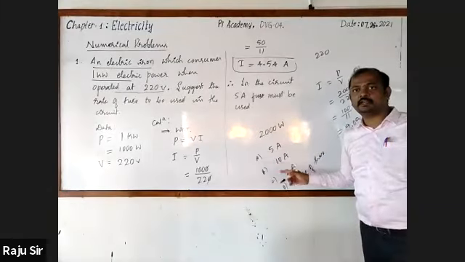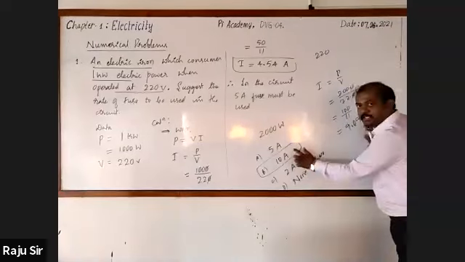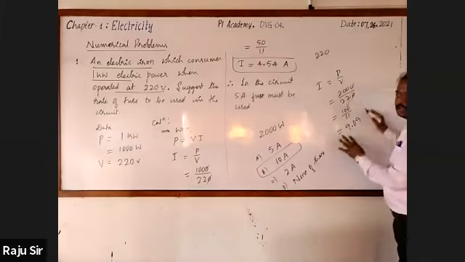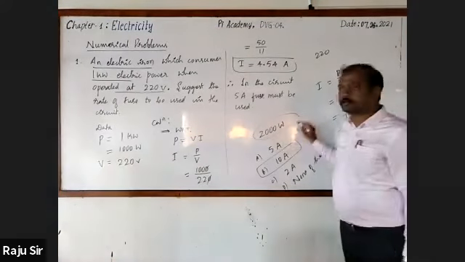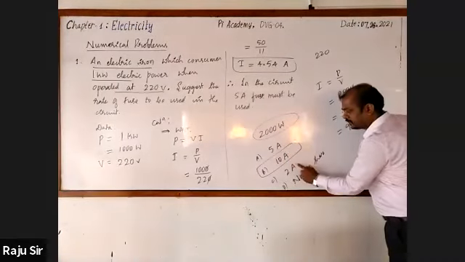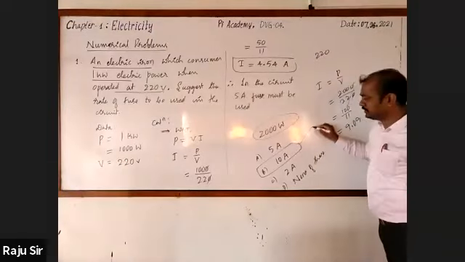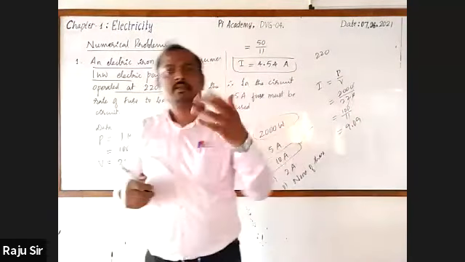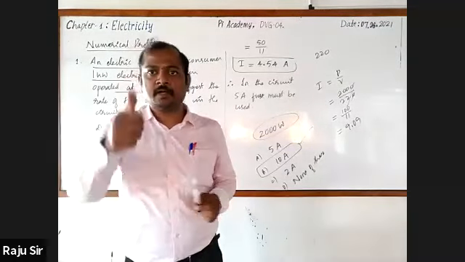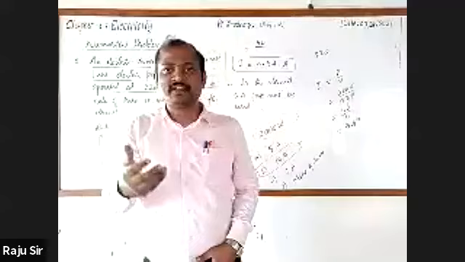Option A, B, C or D? Your option will be 10 amps. A fuse of rating 5 amps, use 10 amps use ಮಾಡಿದ್ರೆ ಮಾತ್ರ this will work. ಇಲ್ಲ ಅಂದ್ರೆ it cannot work. It cannot be connected in 5 amps or 2 amps. Option B is correct. So ಈ ರೀತಿ ನಿಮಗೆ thinkable questions ಅನ್ನ ಕೊಡ್ತಾರೆ. Got it? Understood?